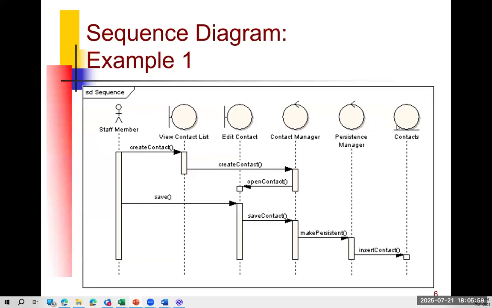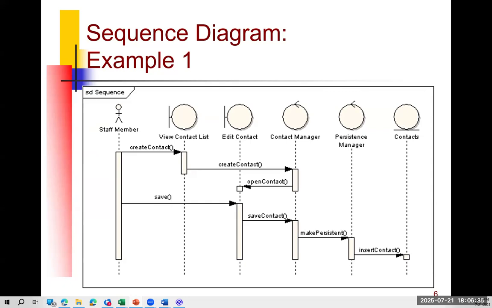control object and an entity object. The boundary is like the interface. So the user needs some interface to act on. Even if it is a function, even if it is an API call, that API still serves as a boundary, serves as an interface. So we need an interface, either interacting with the user or with other systems through an API call. So we need an interface, and then all the operations in the sequence diagram eventually are going to